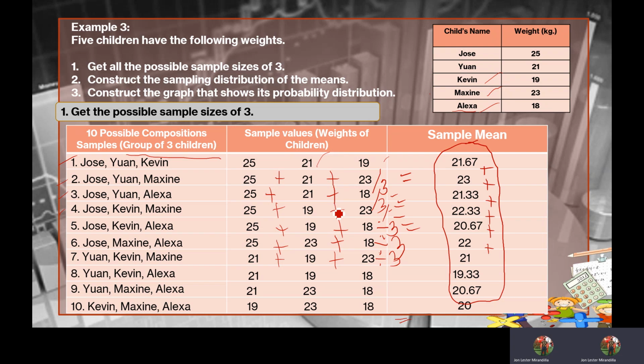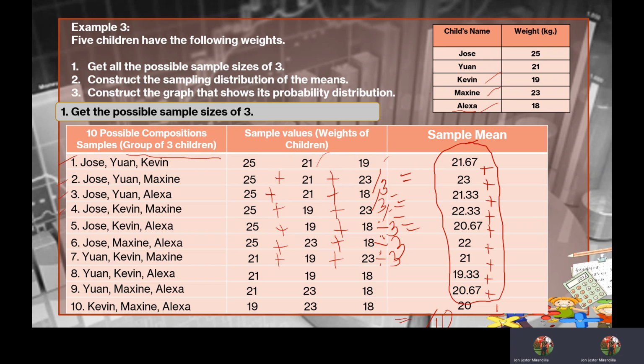I-add natin itong mga to. Then, i-divide saan? I-divide natin saan? Ilan ba yung total values ng mga to? We have 1, 2, 3, 4, 5, 6, 7, 8, 9, 10. So, yung total dito sa ating sample mean is divided by 10. I-divide daw natin siya sa 10. So,